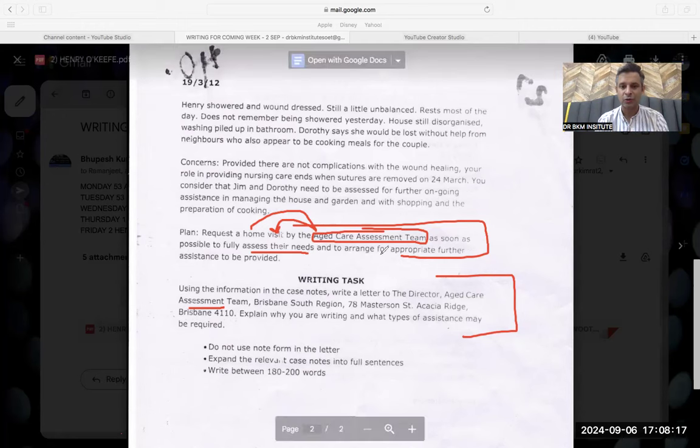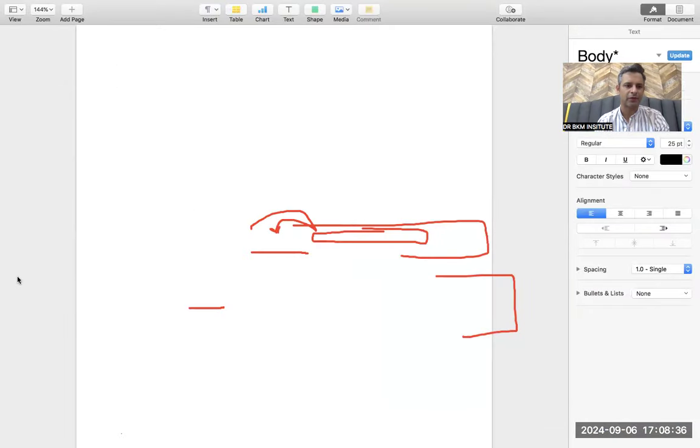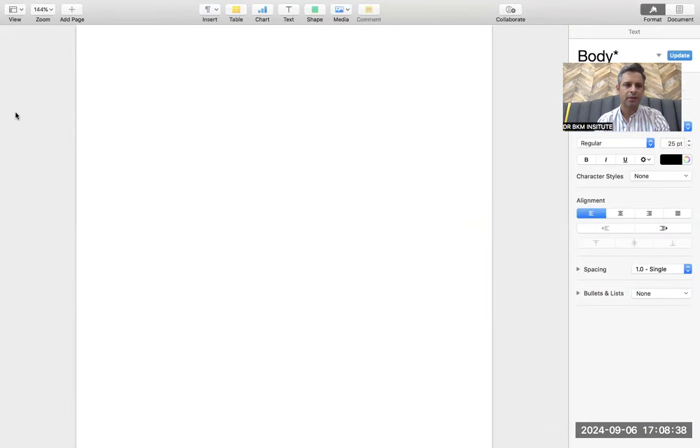So if I am supposed to write only this thing, let me take it over there. First of all, let me close it. It will disturb me again and again. Suppose I'm writing it over here, so I would write this letter. Let's make it simple. I'm writing this letter